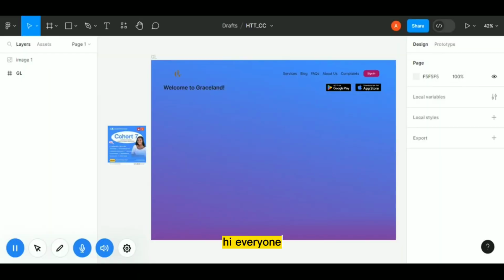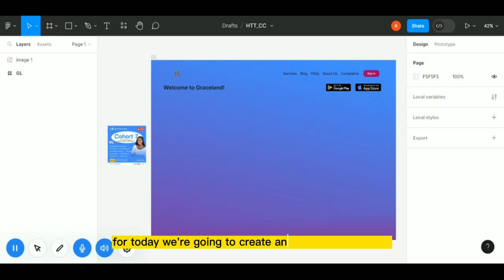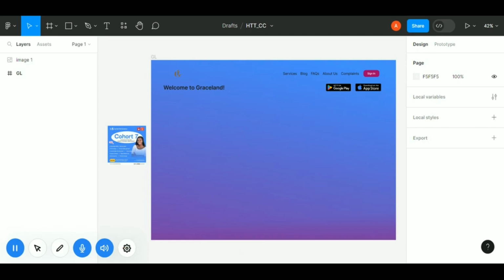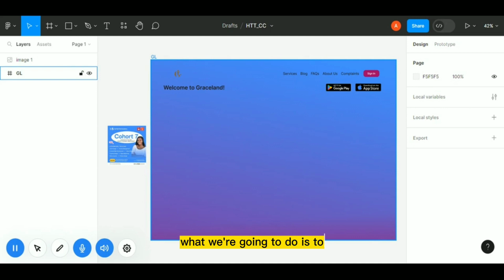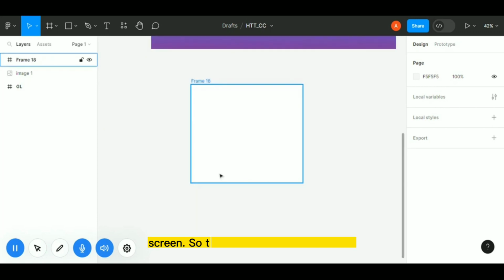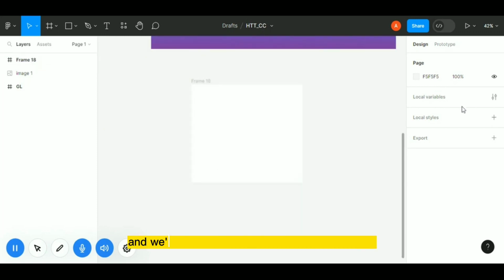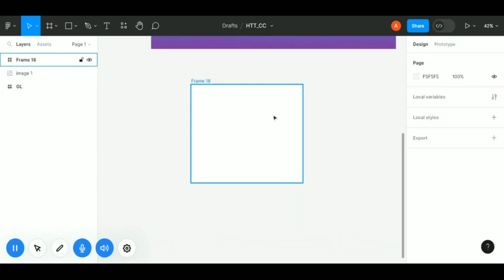Hi everyone. So for today we're going to create an interactive slider. What we're going to do is create a frame outside this frame, so it's going to be a reusable desktop screen. This is the frame we've drawn, and we're going to change the size of this frame because the